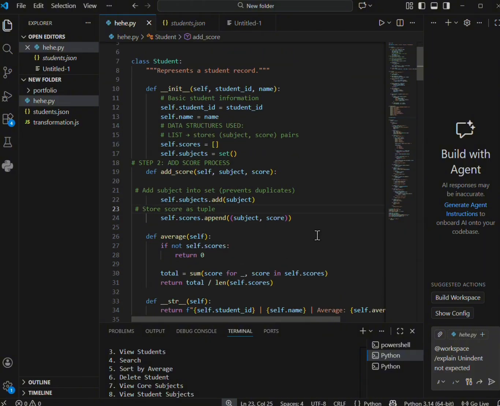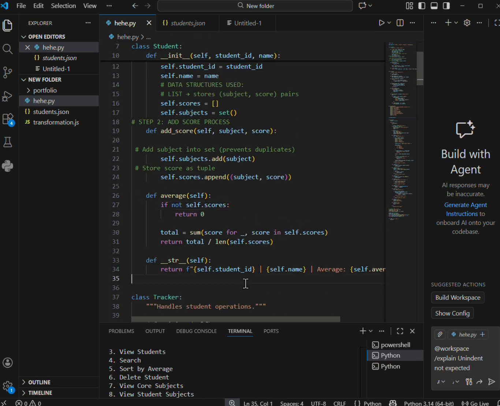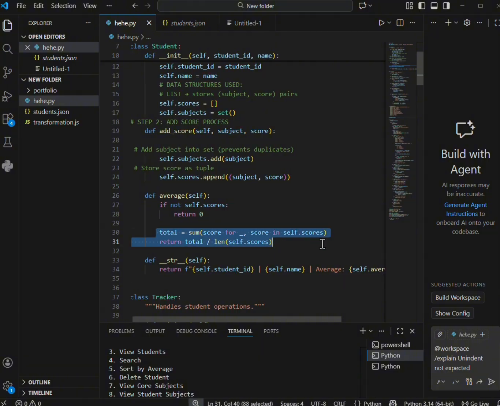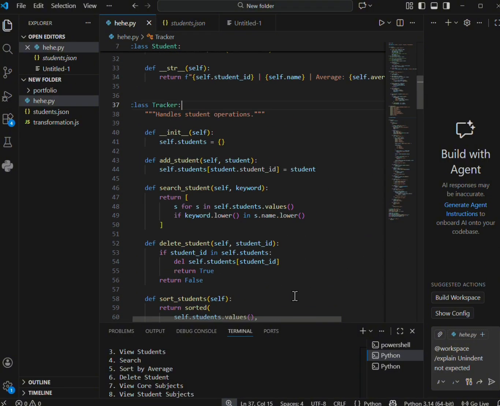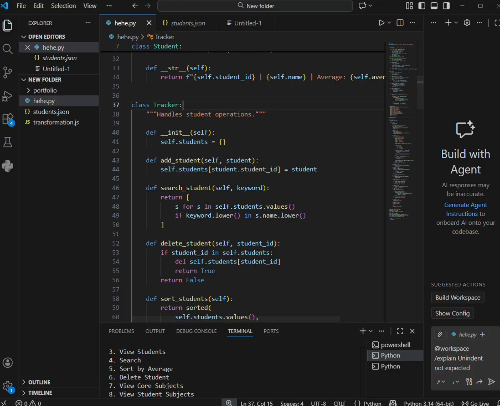It also contains methods like addScore, which updates both the subject set and score list, and average, which computes the mean score. Then, the tracker class manages all students using a dictionary. This allows fast lookup using student IDs.